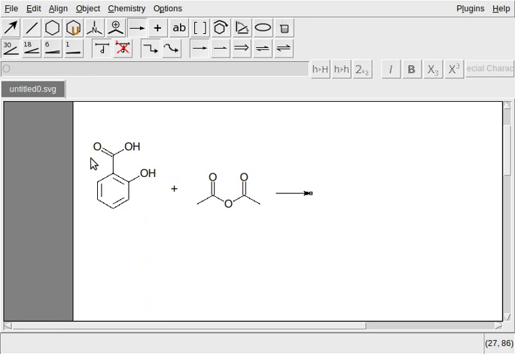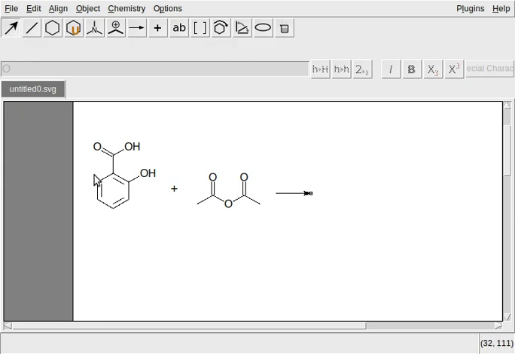So to get the aspirin molecule, acetyl salicylate, we first make a copy of this salicylic acid again. To do that, we click at the edit or select icon.